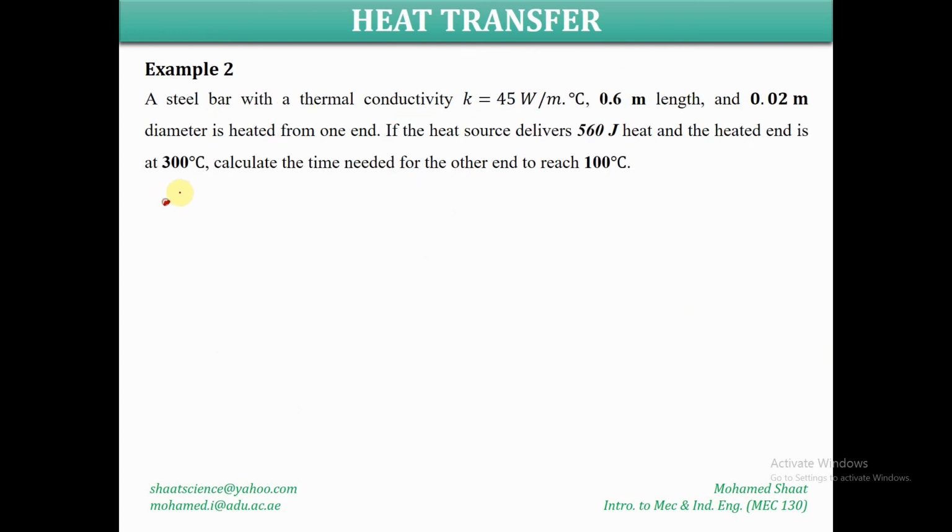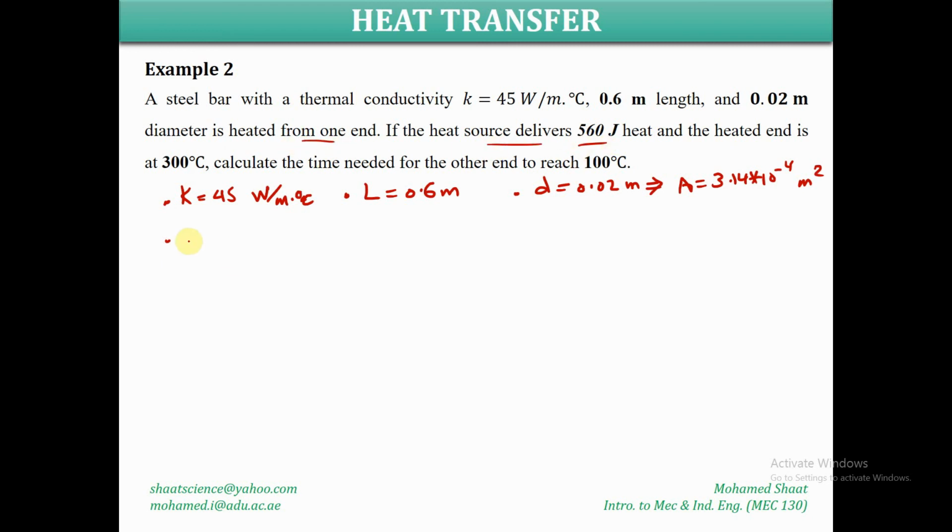The K was given, the thermal conductivity, as 45 watt per meter degrees Celsius, and the length is still the same, 0.6 meter, and the diameter is 0.02 meter, and from this we calculated the area as 3.14 times 10 to the power negative 4 meter square, right? It's going to be heated with the same source of heat, so Q is still the same, 560 joules, and the heated end is at 300. It means that we assume that the whole bar is at this temperature level, 300 degrees Celsius,